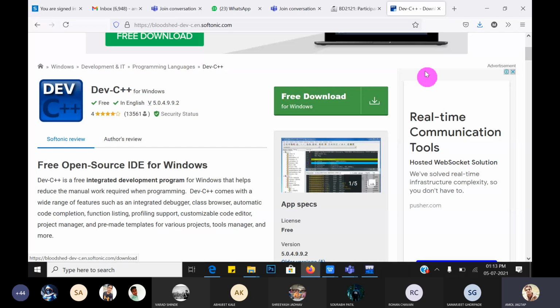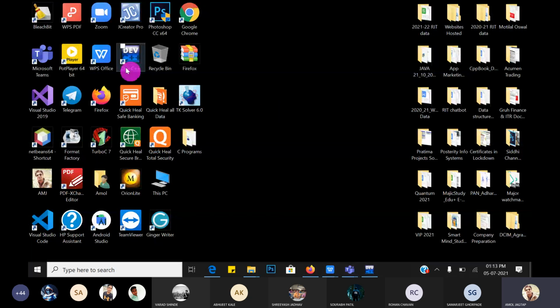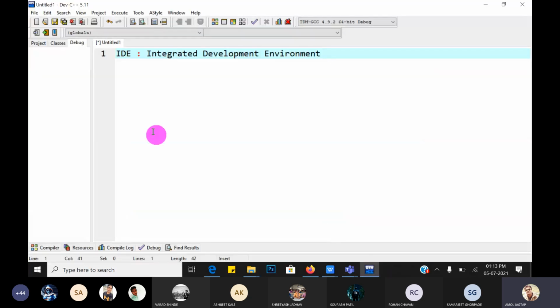It is installed on your machine, and a shortcut is created on the desktop. Click on it and the IDE opens. We will write every program using this IDE, so I request you all to download Dev C++ IDE and install it on your laptop.